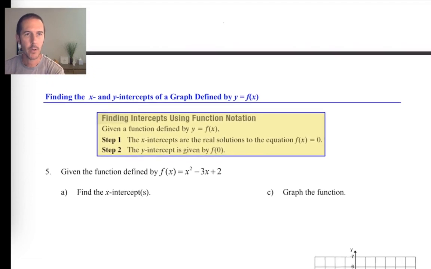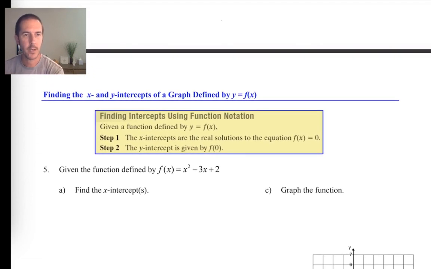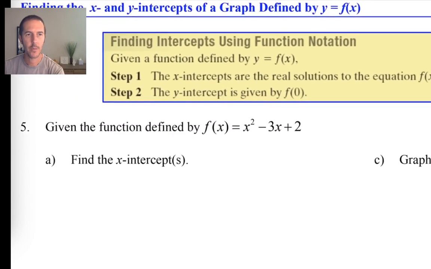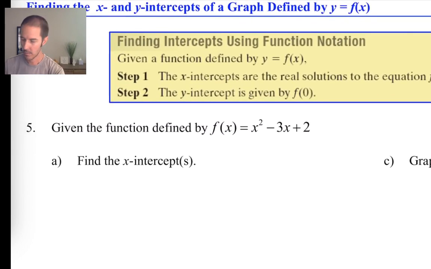As we keep going, and we're still investigating graphing functions, this subsection talks about finding x and y intercepts, and we can then use x and y intercepts to help us generate a more accurate graph, pretty much regardless of what kind of function we're working with. So number 5 starts us out with a quadratic, and before I continue talking about that,